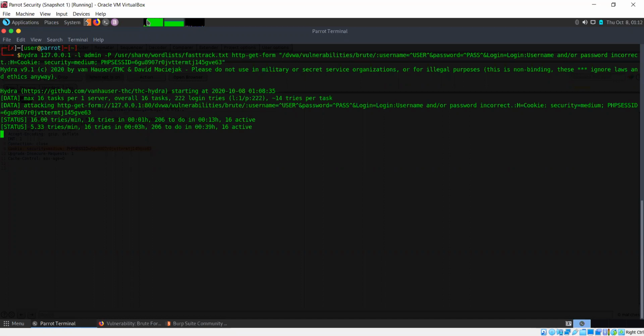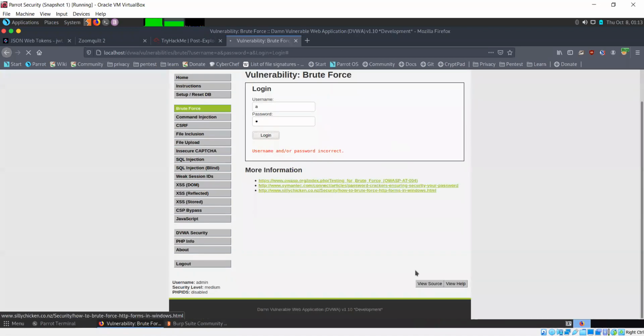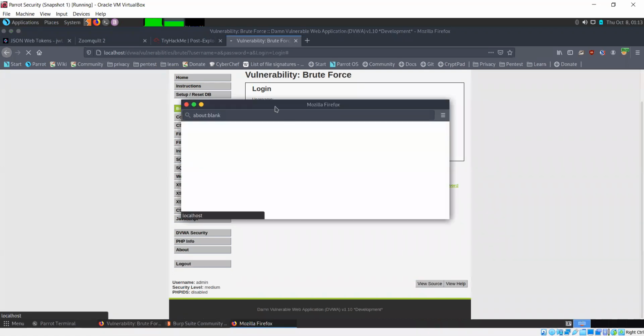Okay, at this time the processor consumption is way too high, so it's going to take a while before this attack finishes. Also, if you remember when we were doing this with Burp Suite yesterday on the medium security level, it was slower than the attack that we had run for the low level. Why is that? Because in DVWA you can view the source code of what is running server side